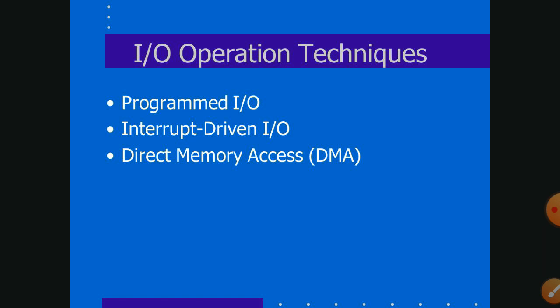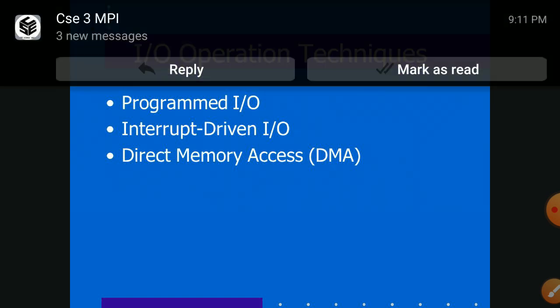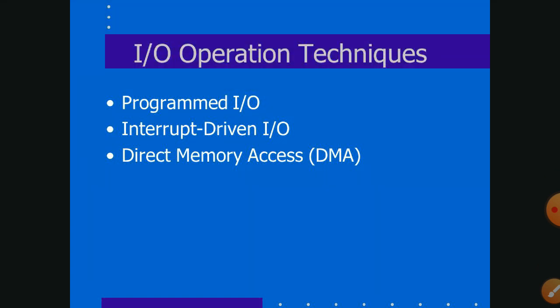What is meant by programmed IO? This is the first type of technique that the processor used initially. In programmed IO, before the processor starts the main program execution, it first checks whether any IO device is sending a request for transferring data. Each and every time before the start of program execution, the CPU will always check whether any IO device is sending its request or not. That is programmed IO.